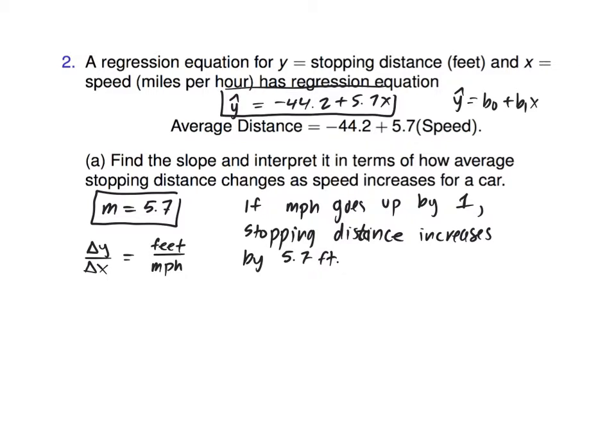And this should make sense in life, too. If you go faster, it takes you longer to stop, yes? That's why in cities the speed limit is 30, not 60, because there's stuff going on, right? You need to be able to stop. And there's my moral lesson of the day.